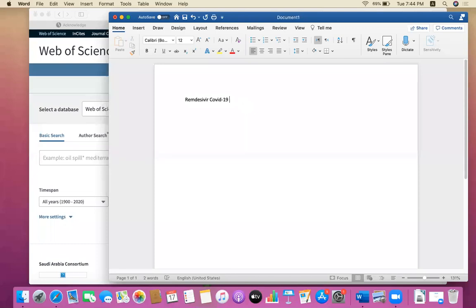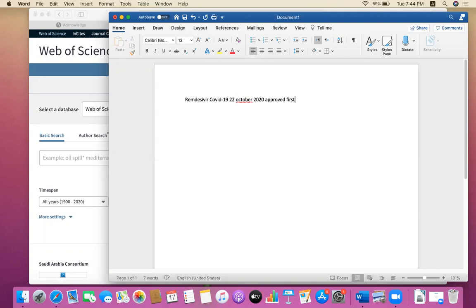Remdesivir is approved in the treatment of COVID-19, and it was approved on 22 October 2020 as